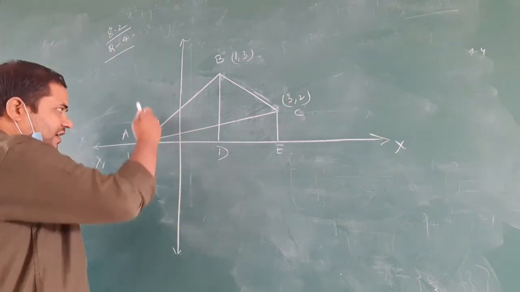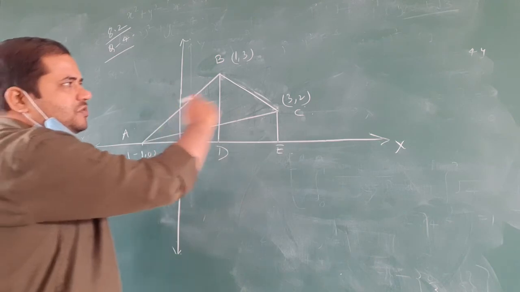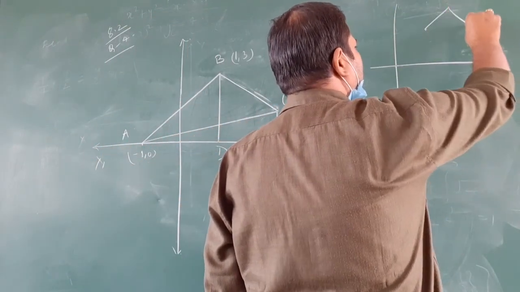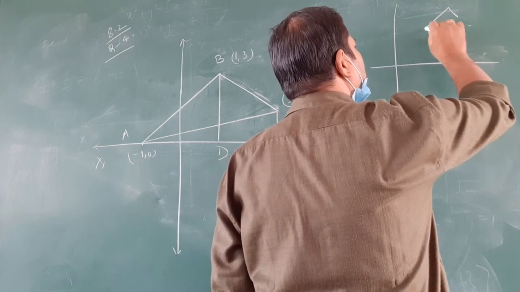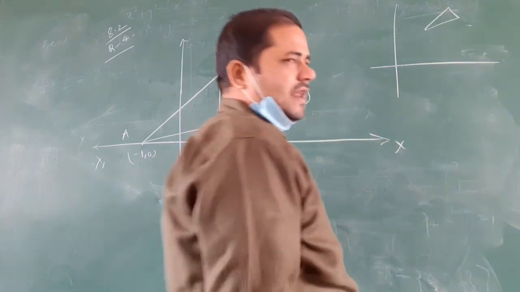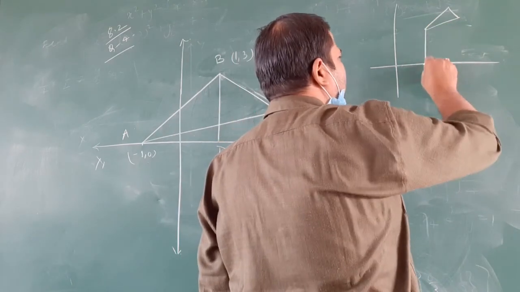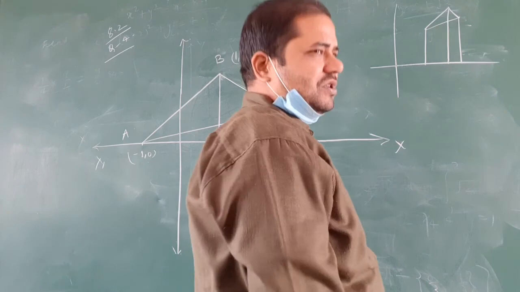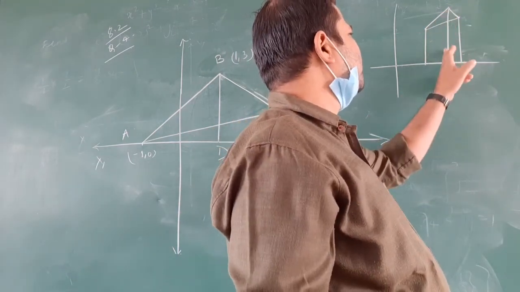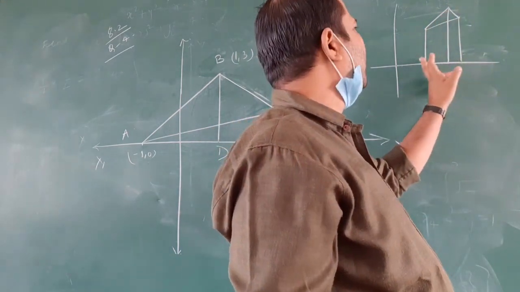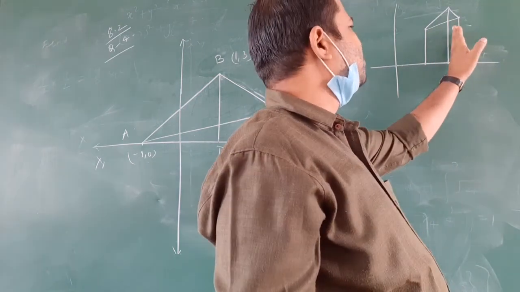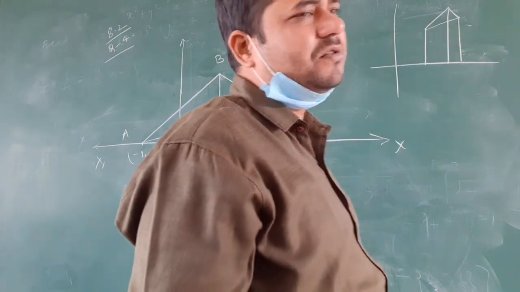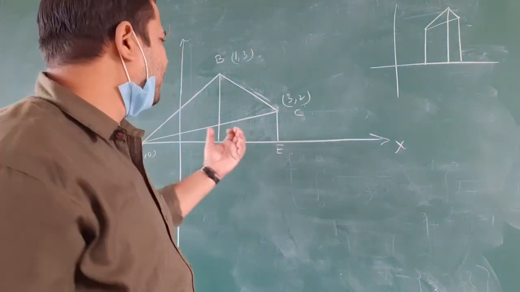Sometimes if this point is here, suppose this type of triangle, you have to find the area. Okay, so you draw perpendiculars here and see there are 3 trapeziums. This trapezium, and this trapezium. Add these 2 trapeziums and subtract the last one downside, and you will get the area of the triangle. So simple concept.